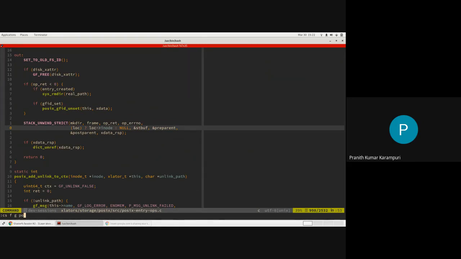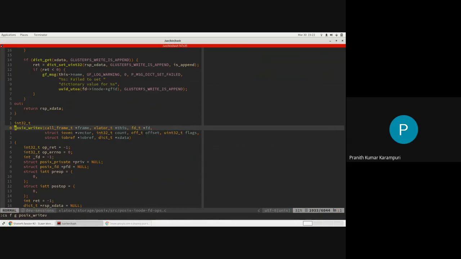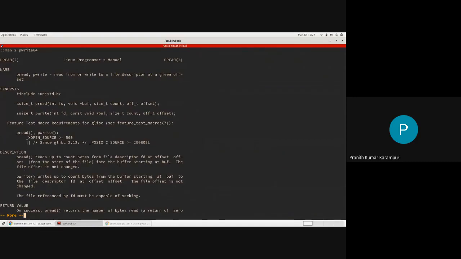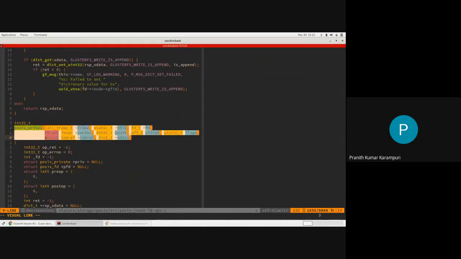Let's look at some FD operation. Let's look at writev 64. This is the form of write that actually happens on the disk. For that, you need an FD, you need some buffer, the size of that, and the offset, etc. These things you will get in the POSIX call.